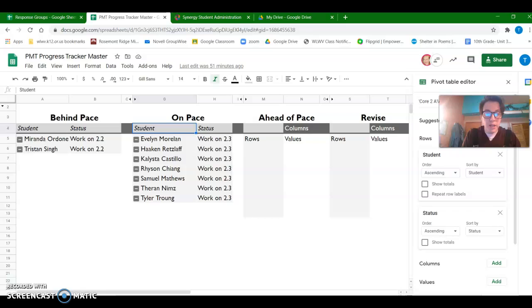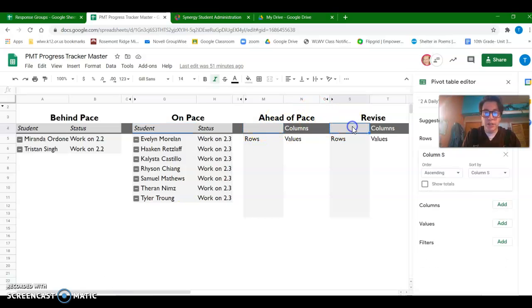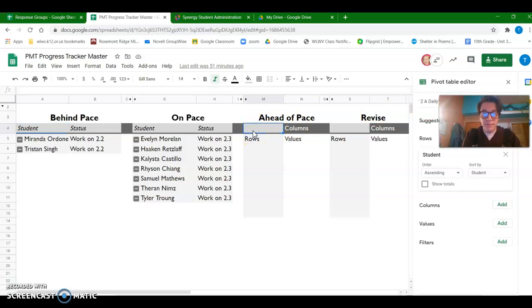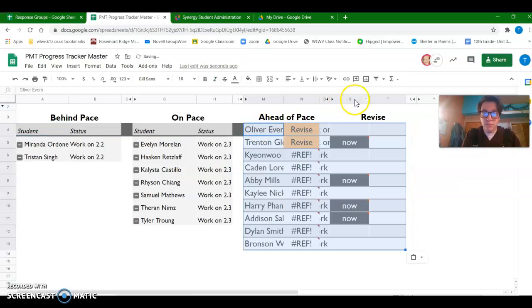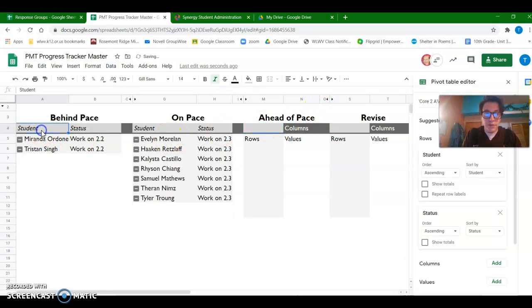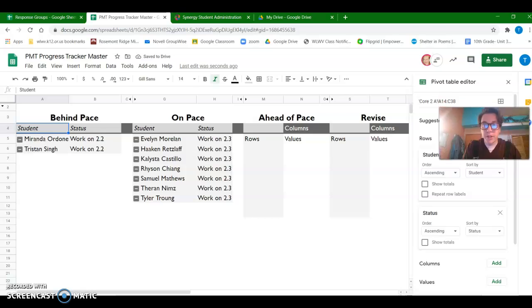Okay, the first thing I couldn't figure out was adding the kids who are ahead or need to revise. What I saw you do in the video is copy the same code here in this gray bar over to all of those additional ones. Oops, I didn't quite grab the whole thing. Oops, no, not that. Okay, so what happened for me when I did that